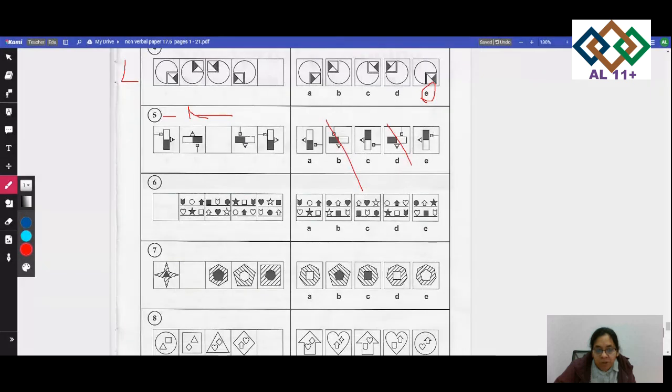And the arrow will also shift because when it rotates, if the arrow is here, we are also looking at this shape. If you want to do it this way, you can do it. The best way, I would say, is that because they are rotating, this shape rotates. If you go the other side, you know what it will be. So it'll be C for number 5.